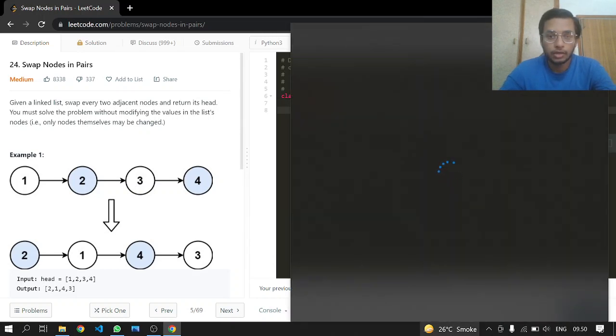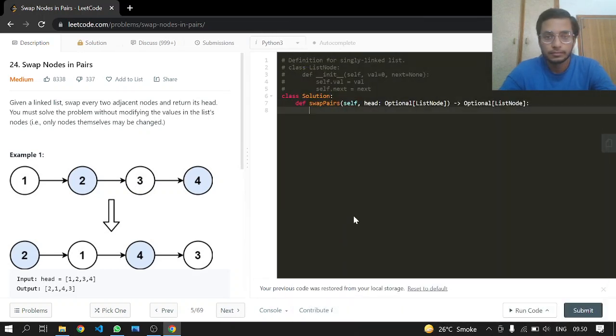Let's see how we are going to do things here. Okay, so if there is not a head, then we are going to return none, or you can say empty list, or whatever you want to return. But this case will also be handled by our dummy pointer, so we do not have to do this. So just make a dummy